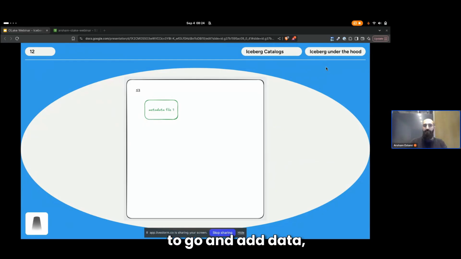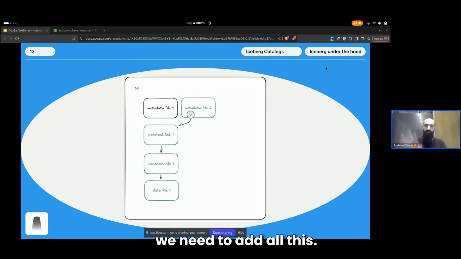As soon as we want to add data, we need to add a second metadata file, which has a snapshot reference as S1 here. We need to create a manifest list. I spelled manifest wrong. That's hilarious. And then a manifest file, and then also the data file. So all these need to happen before we can actually get any data into our table.